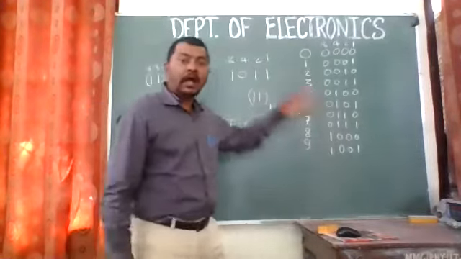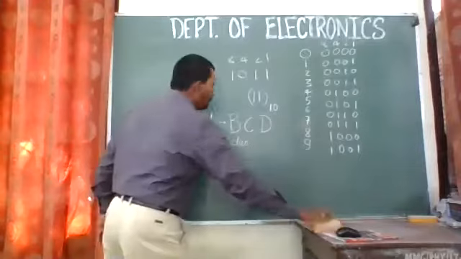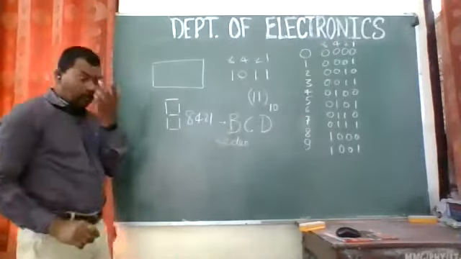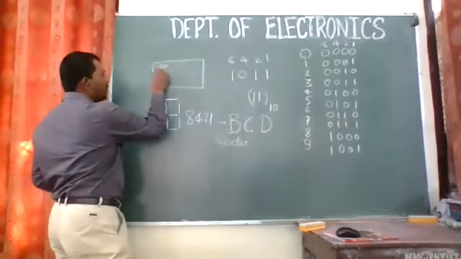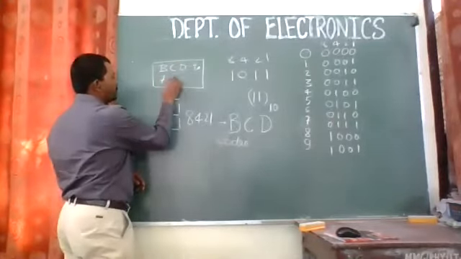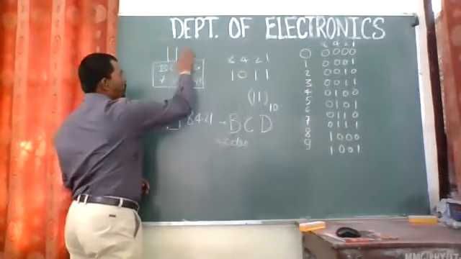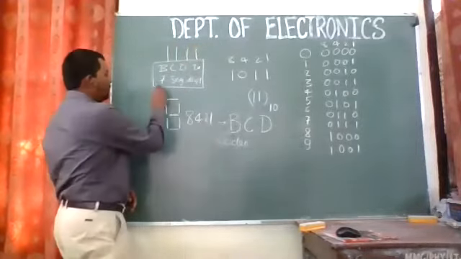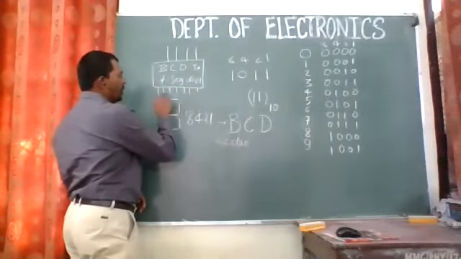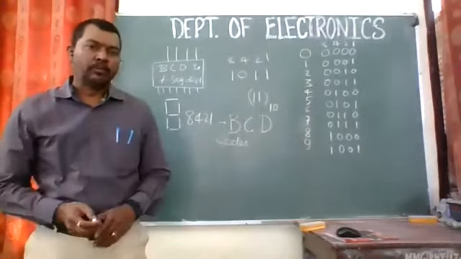Now these 4 bits are given to a decoder circuit, right? We call it a decoder IC. We have one IC, we are going to study this IC also. We call this the BCD to 7-segment display. It is having 4 inputs over there, and it will have 7 outputs. 7 means 7 lines, 7 bars. According to these 7 lines, the 7-segment display is going to give you a particular number, right?